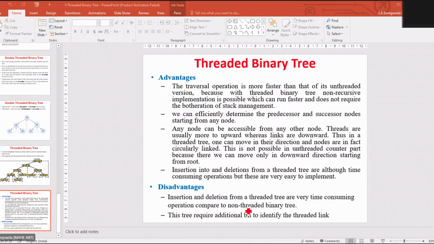Okay, so the height of this left path is 2, and the height of this right subtree is 1. Their difference is 1. Okay, 2 minus 1 is equal to 1, so the search operation becomes more efficient if we maintain the height this way. In other words, the balanced binary tree can be defined this way.